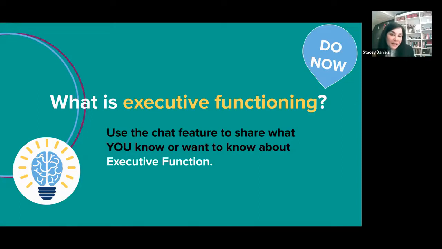So right now, all I'm seeing is one person has said organizing information, but we're still waiting on a lot of people. Okay, somebody else says, I think about the ability to balance sensory input, demands on attention, including decision-making and emotional feelings, reactions. Okay, that's a very, very well-educated person on executive functioning. Congratulations. Someone else says the ability to manage tasks, requests of daily life, both personally, school, work, could be easy items or more difficult. So true. I see Gwendolyn and Jen both nodding at that one.